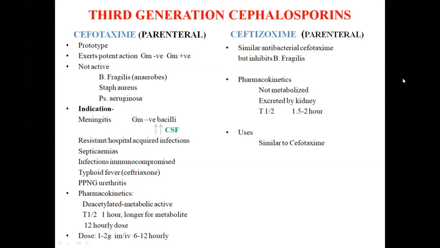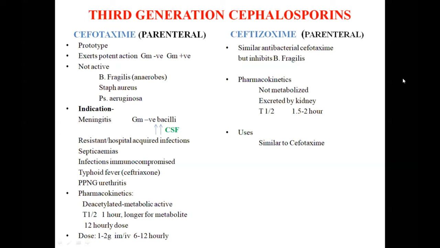We are using ceftriaxone. Also, cefotaxime is also useful. Again, penicillin-producing Neisseria gonorrhea, the urethritis, so these are all taken care of by the cefotaxime. Now, kinetics of the cefotaxime: it has a t-half of 1 hour, but because it has an active metabolite, it has a longer duration of action because of the metabolite. So 12-hourly dosing is there for the cefotaxime.